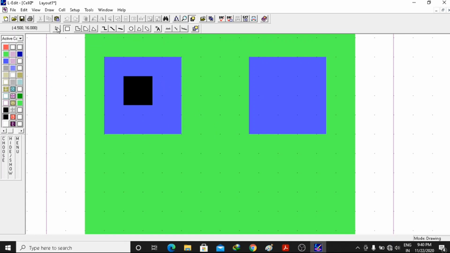So how will we do it? I will just click over here, then click on the edge, press Alt, and drag it a little bit down. Click over here. Yeah, it's not happening. Active contact, I should be able to drag. Why am I not able to drag? Wait a second.